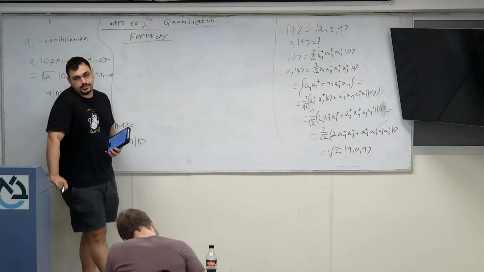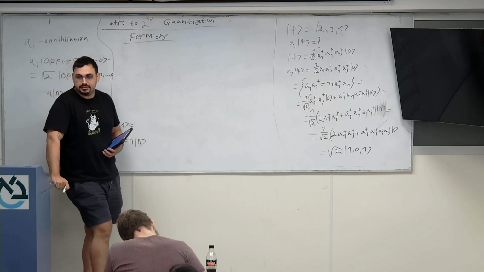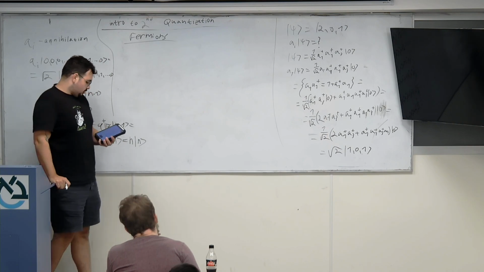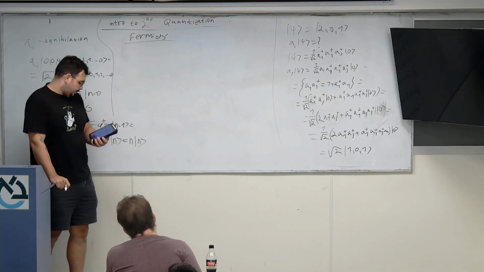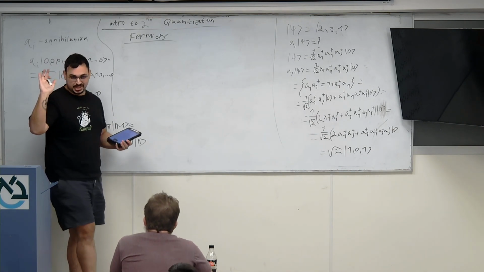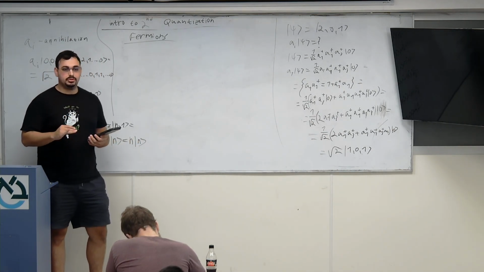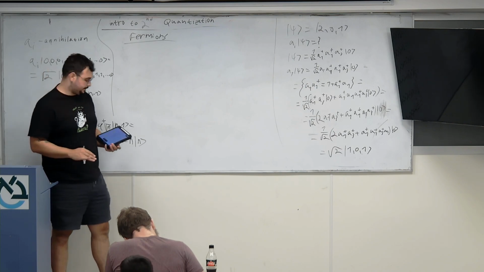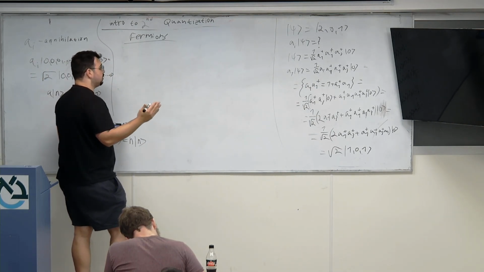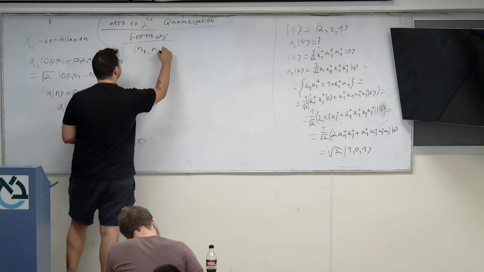Fermions are special. They like to think themselves unique, so you can't have two fermions that you can't distinguish between. It's called the Pauli exclusion principle. I'm sorry, I'm bad with names. The Pauli exclusion principle says that you can't have two electrons that you can't distinguish between. So instead of what we wrote for the very general boson state, the fermion state,